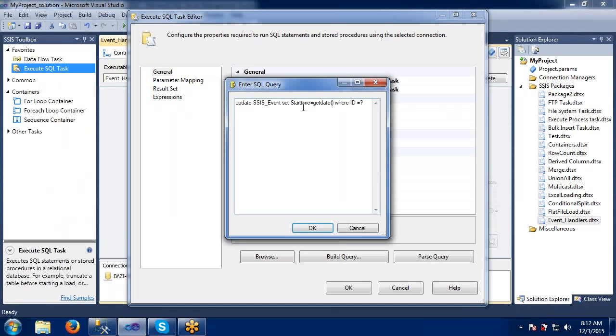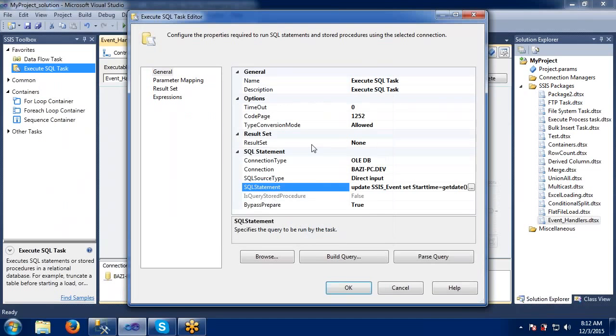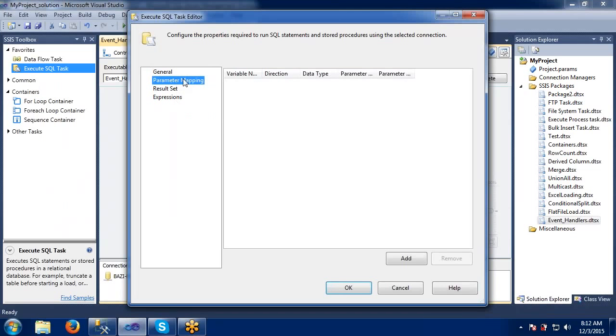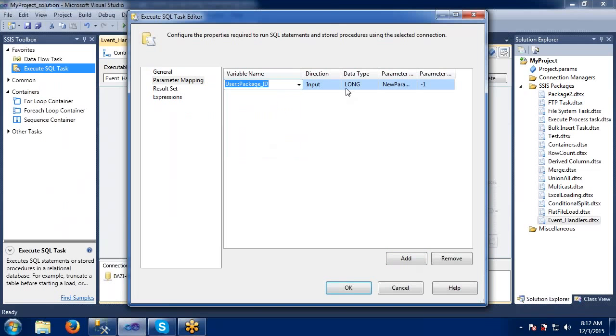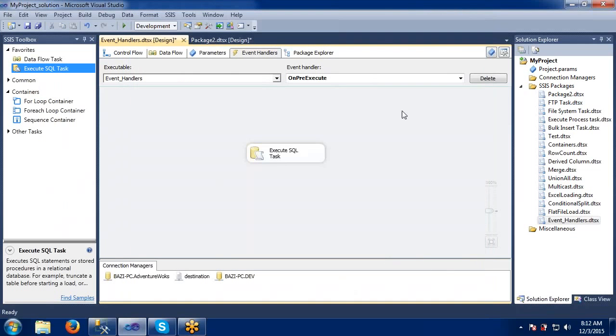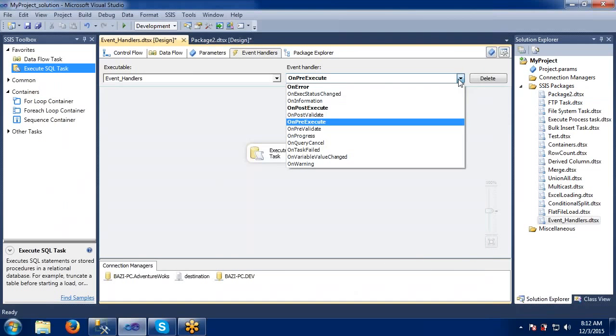The same thing, start time and package ID. Add the variable name, which is user defined package ID, and this is 0. Okay, simply okay.